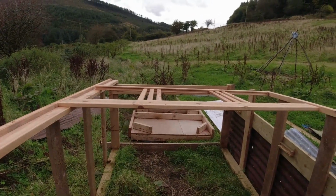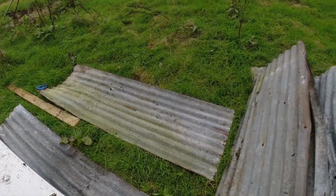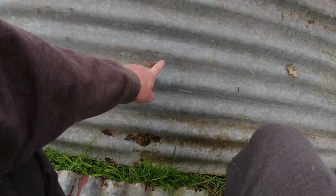And then, as you can see, some of them have holes in the tops where they've been plugged into somewhere else, because we used this one, got a hole right in the middle here, so I'm going to have to plug them up somehow to make sure the rain stays out. Whether that's filler or